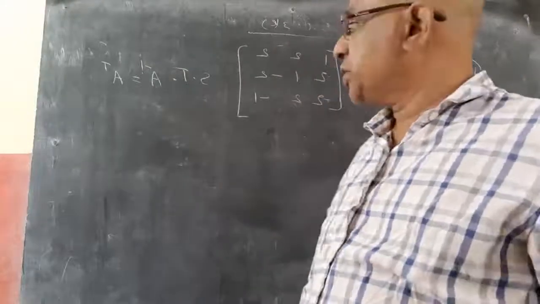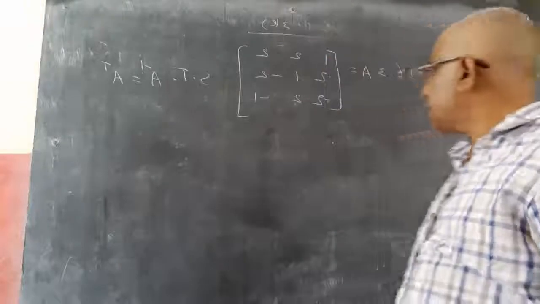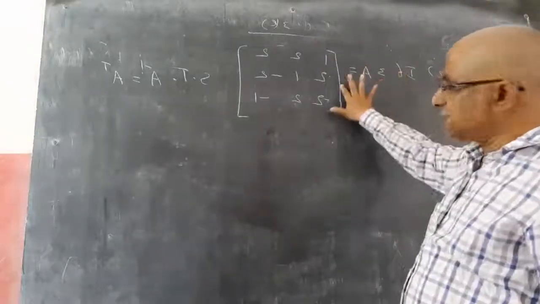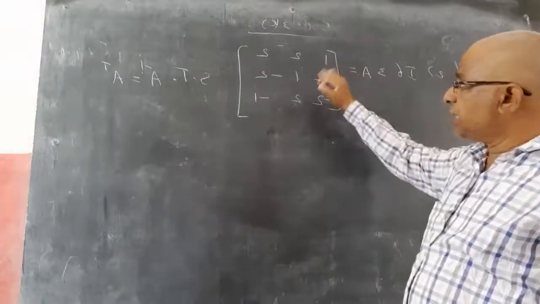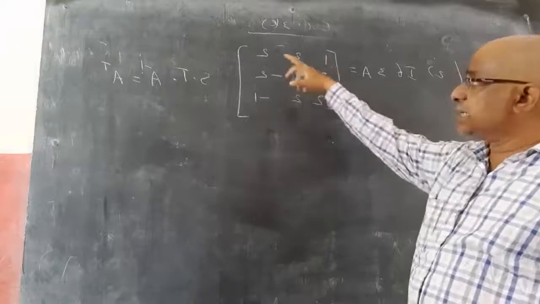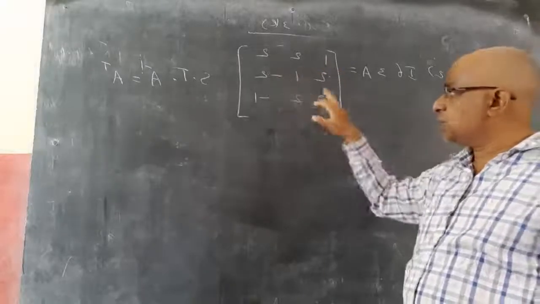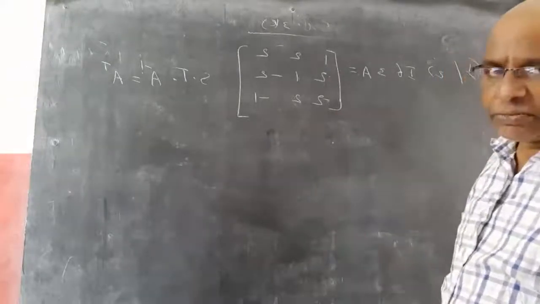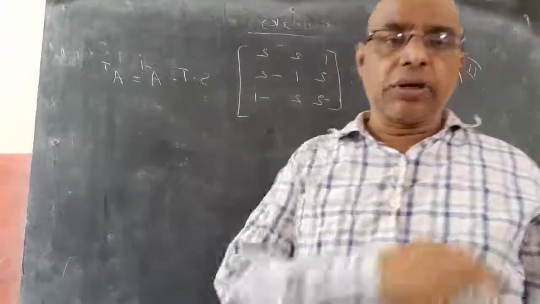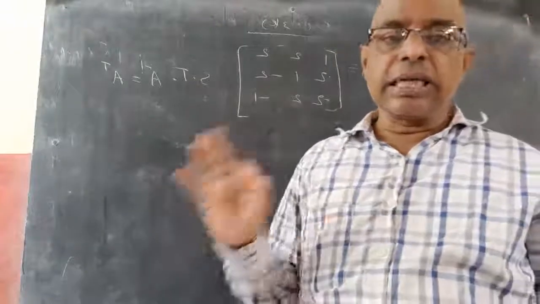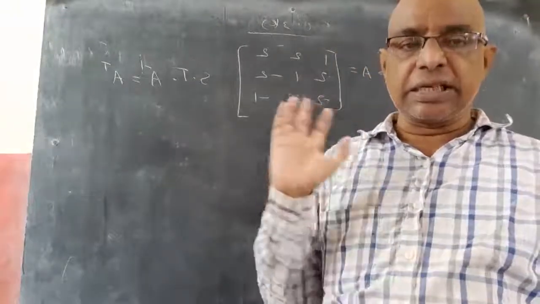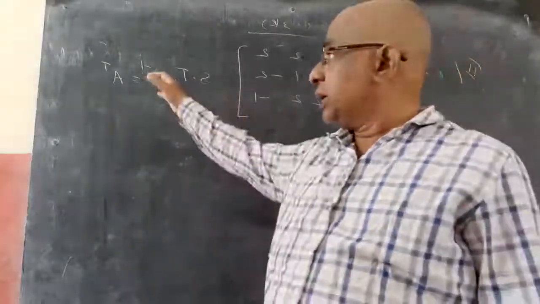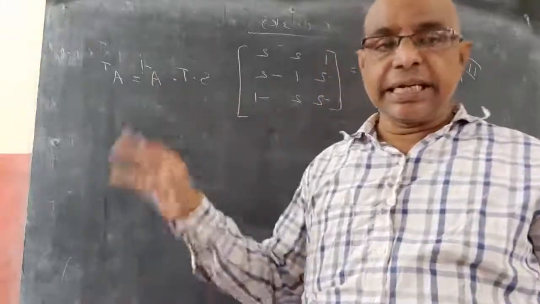We can do this sum in two ways. One is finding A: this 3 comes inside as 1 by 3, so 1 by 3 into the whole matrix, that is [1 by 3, 2 by 3, 2 by 3; 2 by 3, 1 by 3, -2 by 3; -2 by 3, 2 by 3, -1 by 3]. Then simply find A inverse, then A transpose, LHS equal to RHS, over. That is one way of doing it, but a somewhat lengthy method, as to find A inverse you need to find adjoint A, det A, all that.